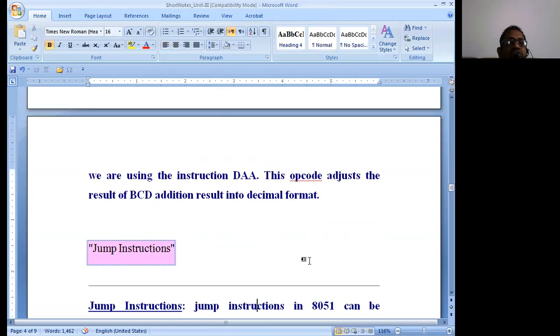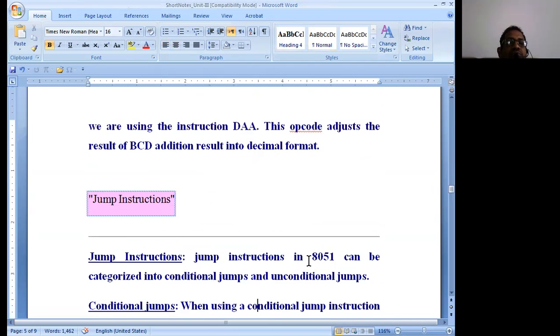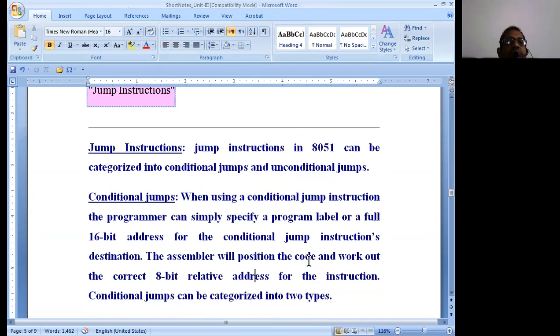The next instruction group is the jump instructions. Let us look into them now. What are the various jump instructions we have, and why do we use them? Jumps are basically of two types: conditional jump instructions and unconditional jump instructions. What do we mean by conditional? Conditional jump instructions are used based on the condition of the flag registers.